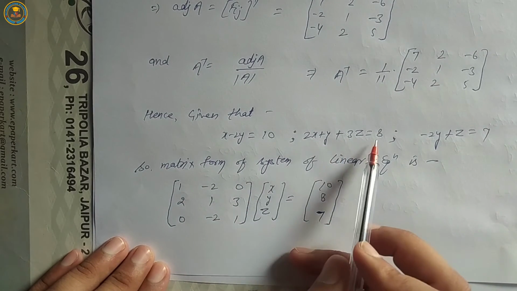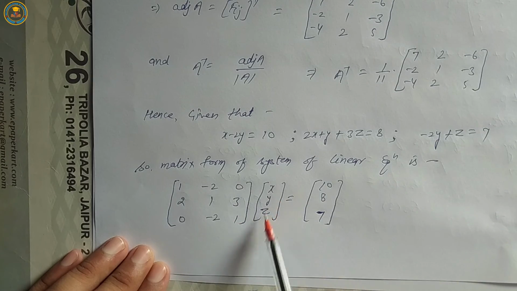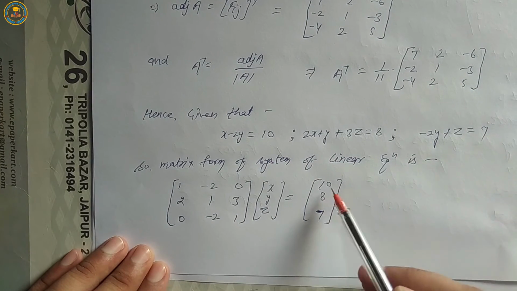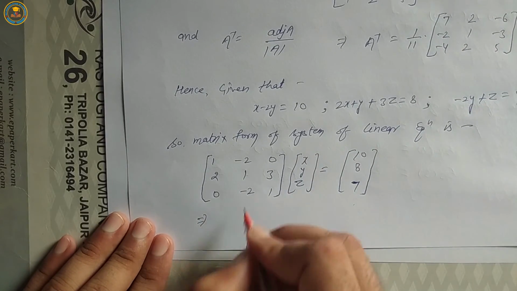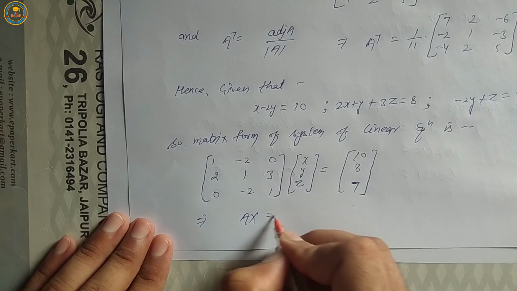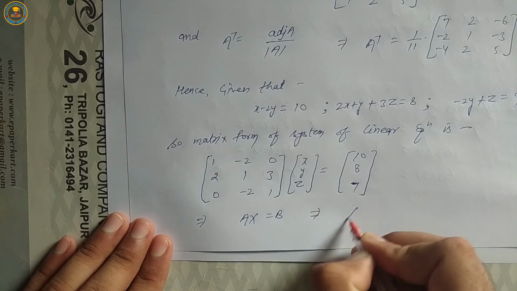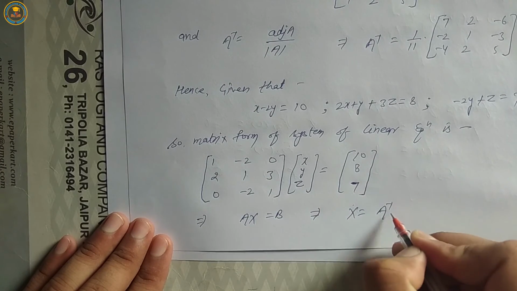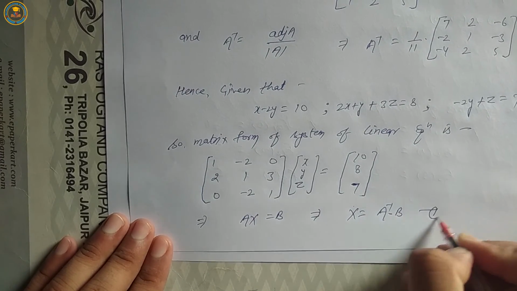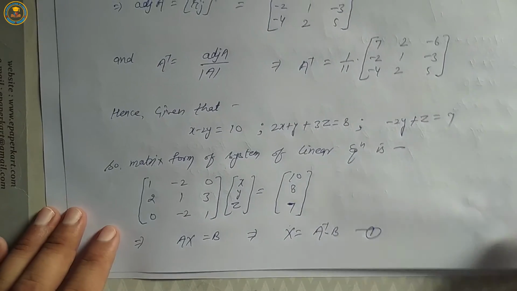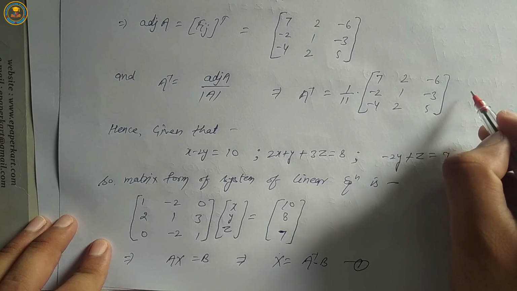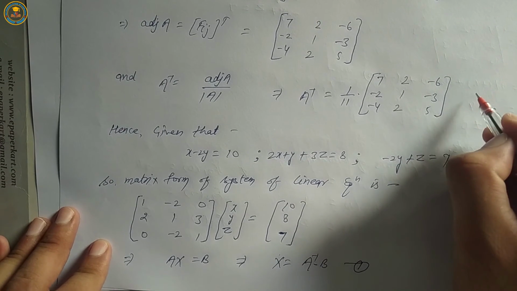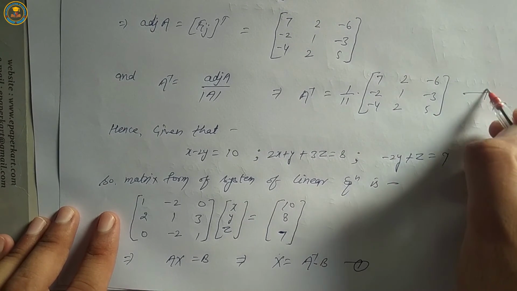Similarly, equation 2 and equation 3. x y z is equal to 10 8 7, implies AX is equal to B, implies X is equal to A inverse into B, equation first. Okay,